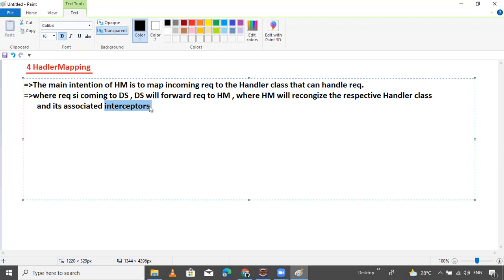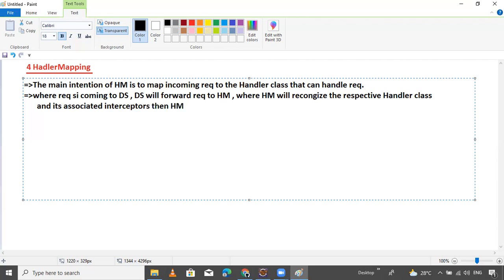Every request goes through interceptors and comes back through interceptors. Interceptors perform authorization, data validation, internationalization, authentication, all these things.